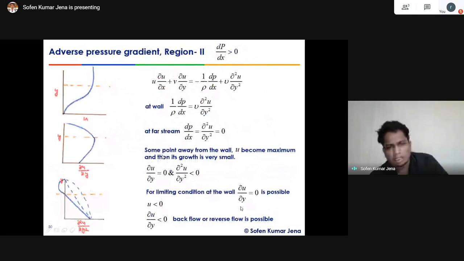Here we have noticed that up to this region, in order to maintain this positive del square u by del y square, there should be a backside flow, because the positive del square u by del y square indicates the negative value of the function from the maximum-minimum principle, right? Suppose my function is del u by del y; if it is 0, either the function is at a maxima or a minima. When the second derivative is greater than 0, it is a minima. The minimum has a negative sign, right? So to maintain the negative sign.